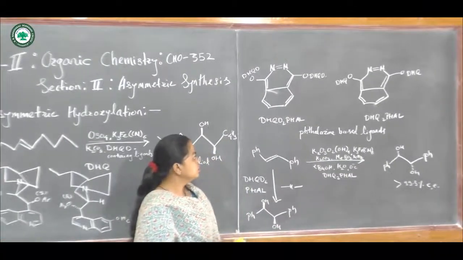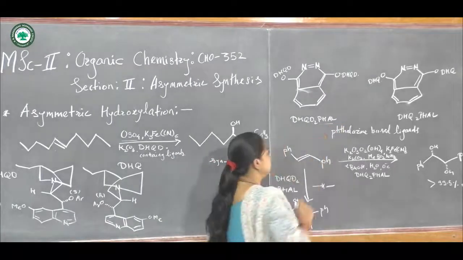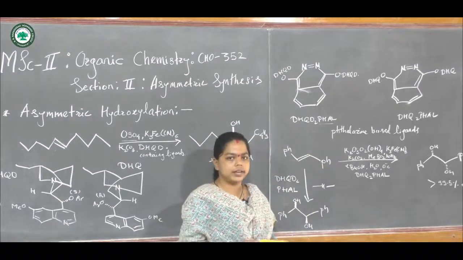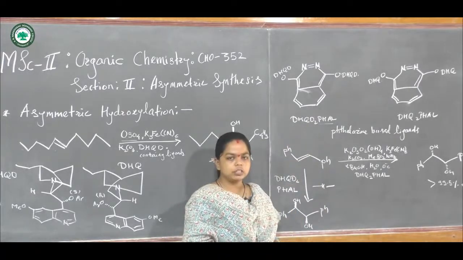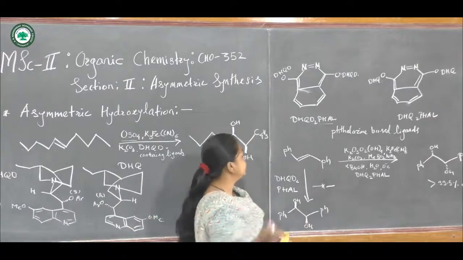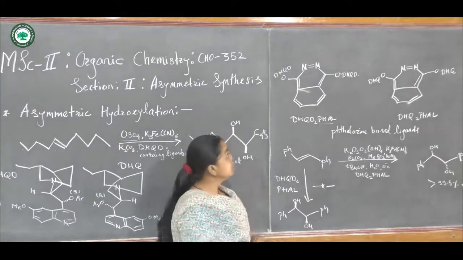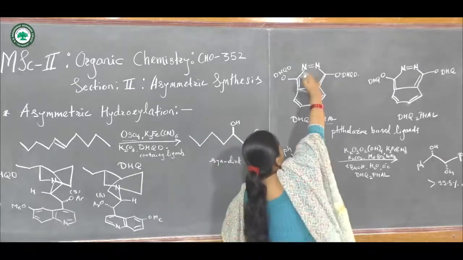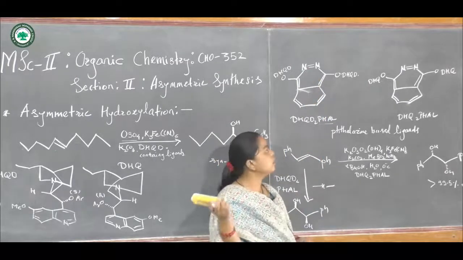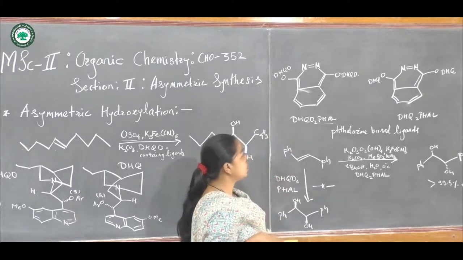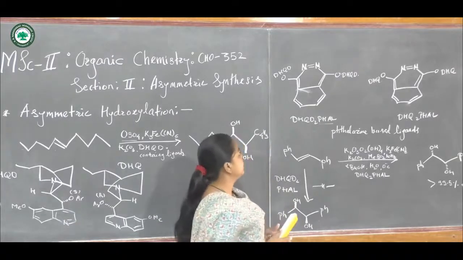The structure is (DHQD)2PHAL. This PHAL indicates the phthalazine based ligands. This DHQD, we know, is the dihydroquinidine molecule. So we have seen the structure of dihydroquinidine. This is a nitrogen heterocycle compound, a diazine, that is, 2 nitrogen atoms are present, a 6 membered ring fused with another 6 membered ring containing the conjugated double bond. This system is called the PHAL, the phthalazine based ligands, as they are called.